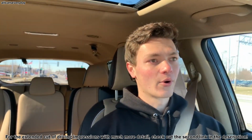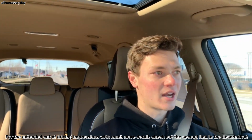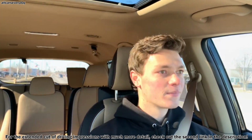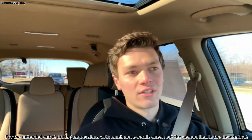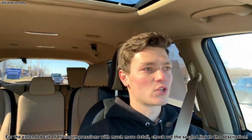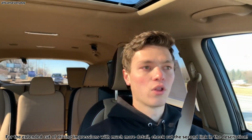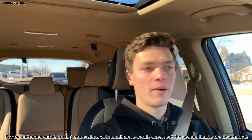So now we're going to test the automatic cruise control. I've set it to the minimum following setting, seeing as I'm not on the highway. Even though I have the distance set to the minimum setting, it never gets dangerously close at all, but it kind of varies in the actual length of how close it gets to the vehicle. So the engine sound does kind of get into the cabin a little bit more than the other